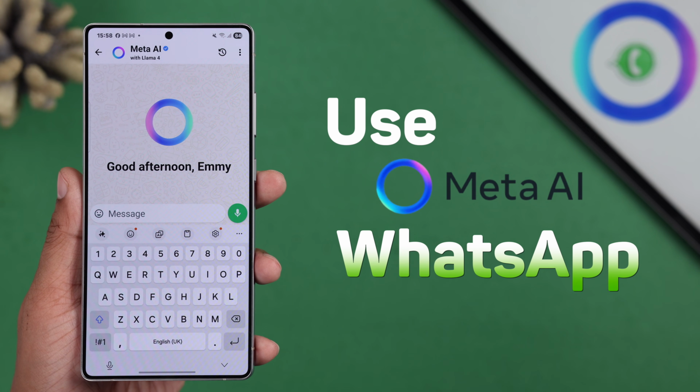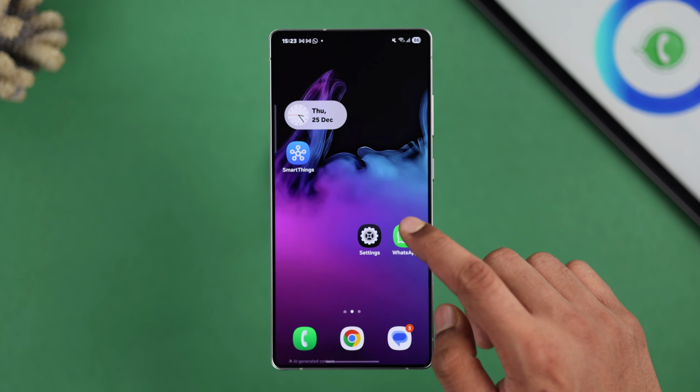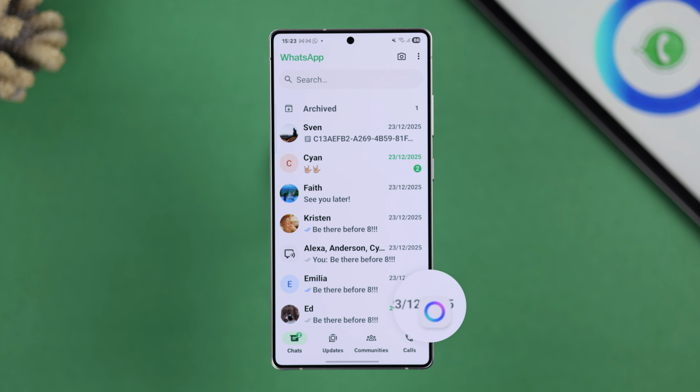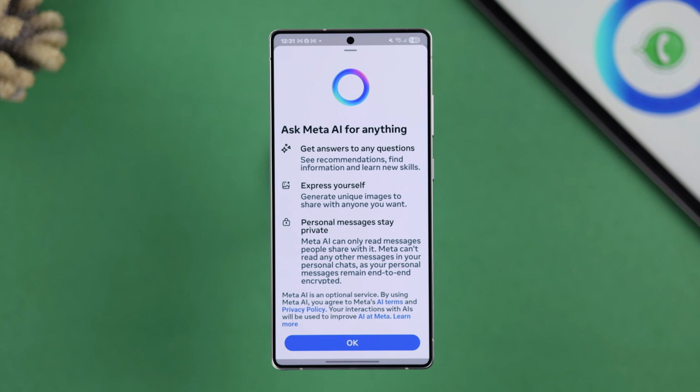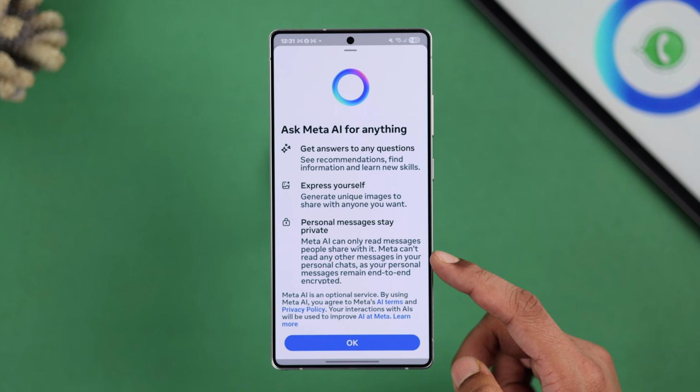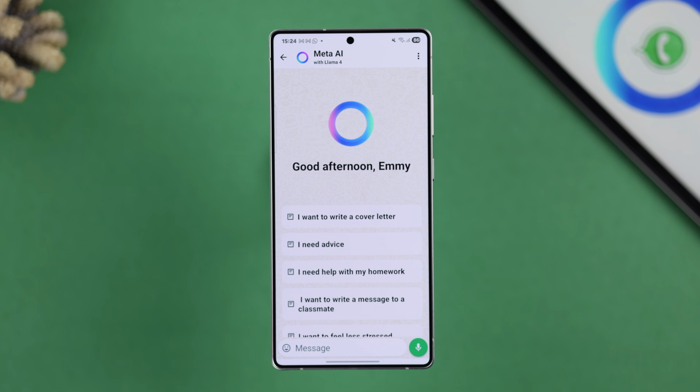Here's how to use Meta AI in WhatsApp. Let's open WhatsApp Messenger, and now you can get Meta AI simply by pressing on the Meta AI logo right on top of New Chat. When you tap on it for the first time, it will show you this prompt and you'll need to press OK. Now it will open the Meta AI chat, and as you can see, it uses Llama 4, so it's